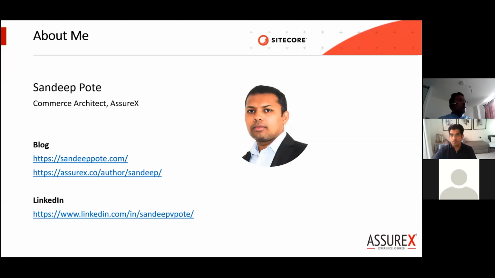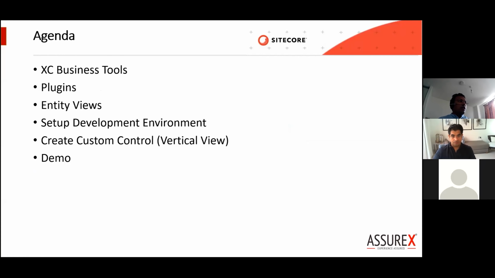So today's agenda is to see how we extend or create a custom component and extend the Business Tool. I'll do a quick walkthrough of the Business Tool, which represents the entities. The Business Tool is basically a pluggable framework, so it uses plugins, and I'll walk you through what the plugins are, what their elements are, etc. The Business Tool represents the UI where the data is fed in, with the help of the entity view.